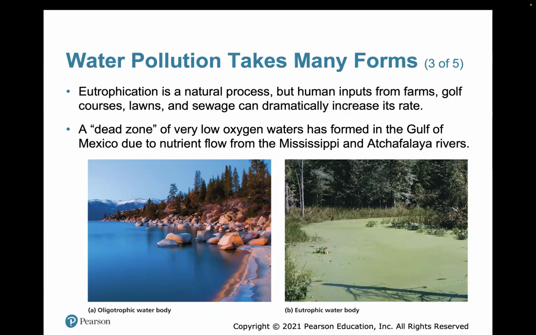And so it's a natural process, eutrophication. Nutrient inputs from all these things can cause the algae to grow excessively. And that's what it's gonna look like. When this happens, the organisms in the water get no oxygen. It kind of cuts off the oxygen supply, creates a dead zone of very low oxygen. And that can cause algae blooms, and it can impact biodiversity that's living in the water.